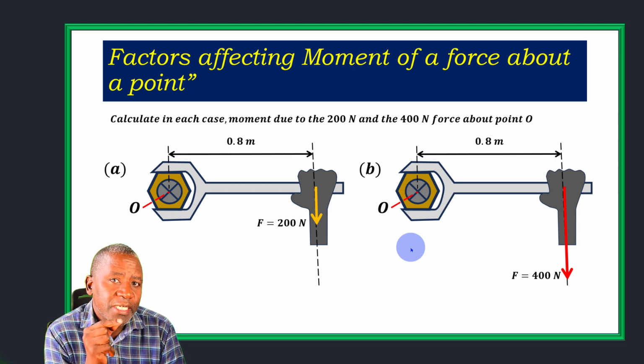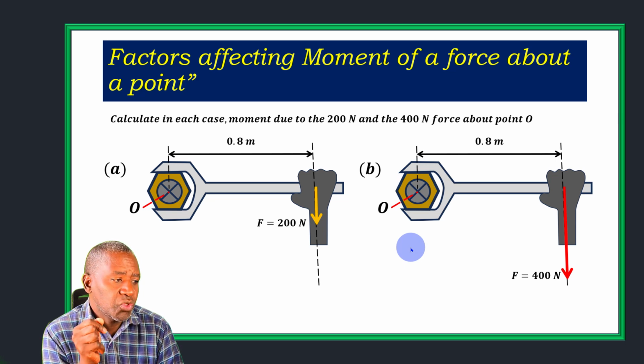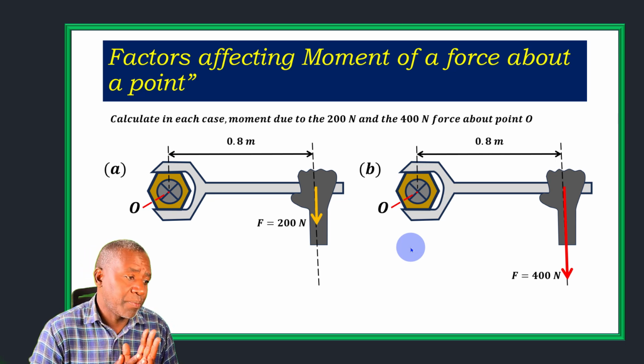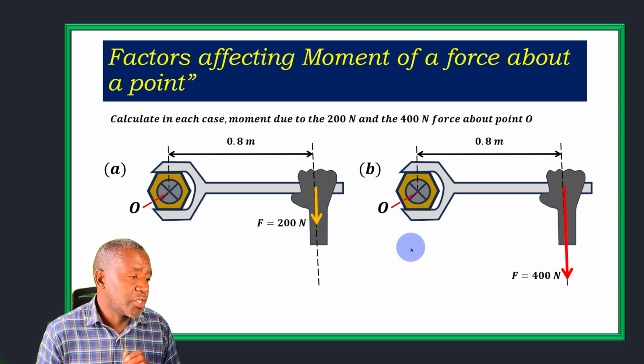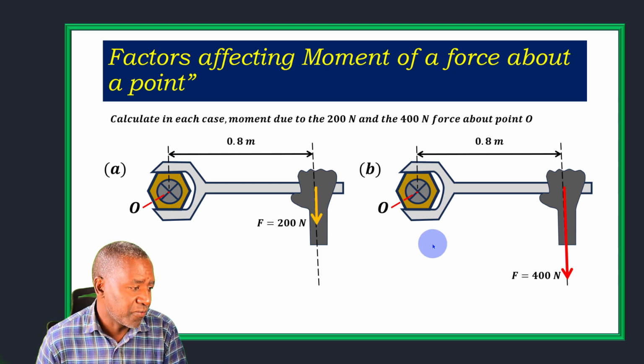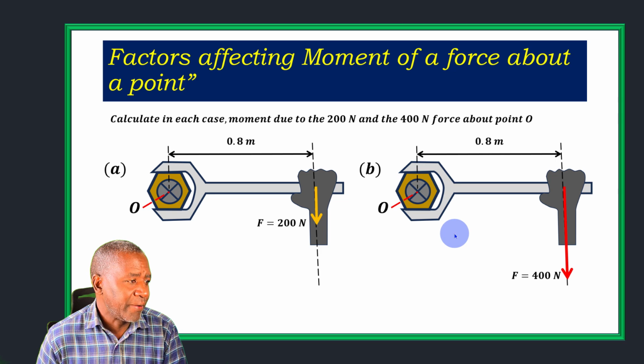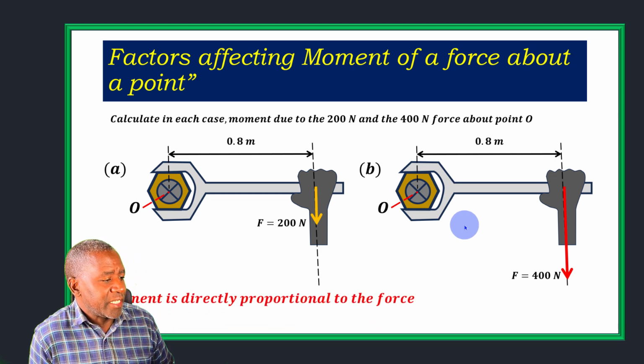The next factor is distance, perpendicular distance. If the perpendicular distance is doubled, then the moment is going to double too. So moment is directly proportional to the perpendicular distance from the point to the line of action of the force. Now let's look at this particular situation here,